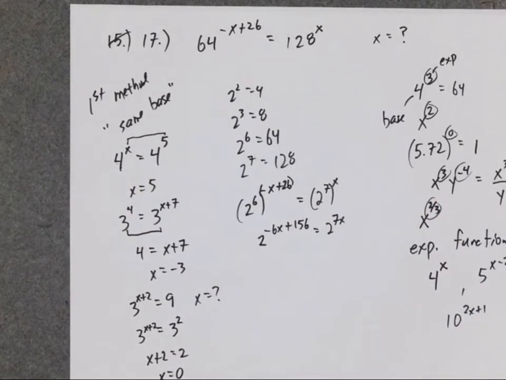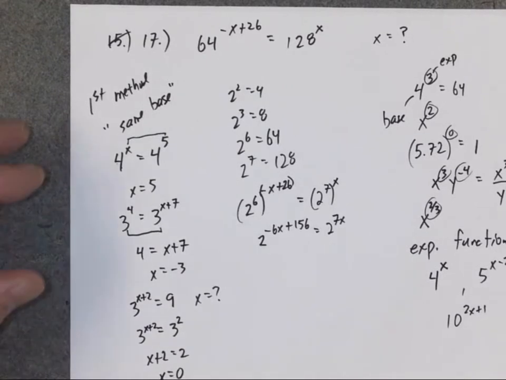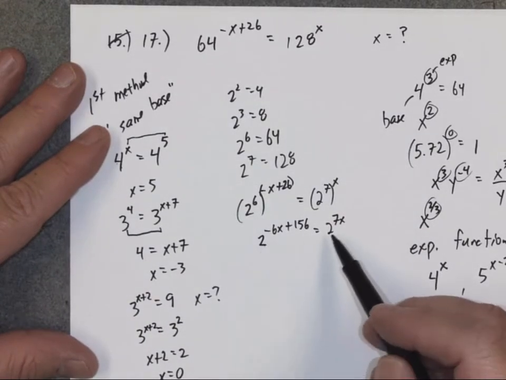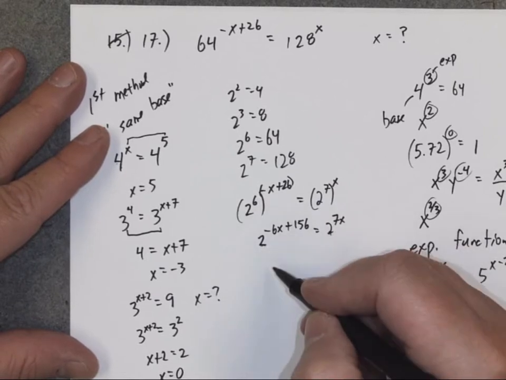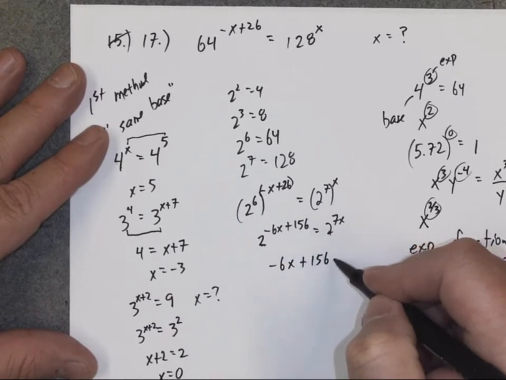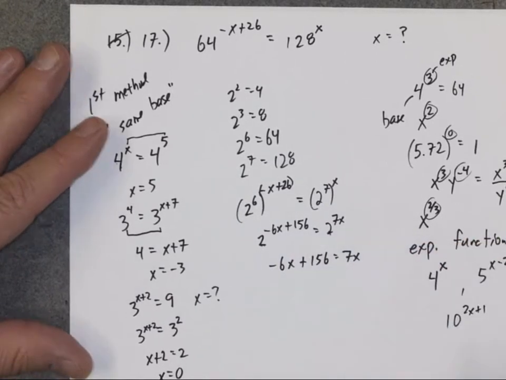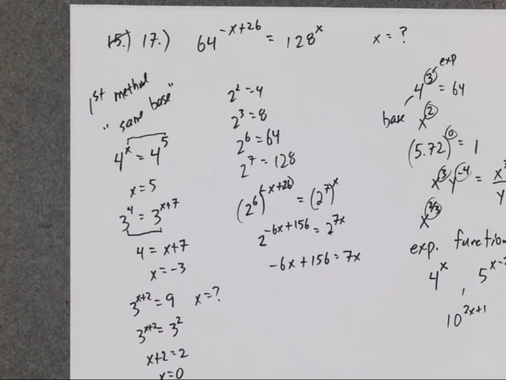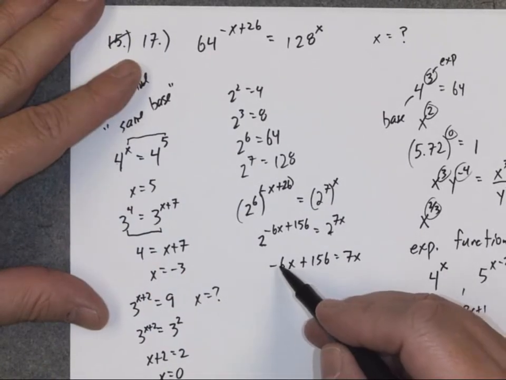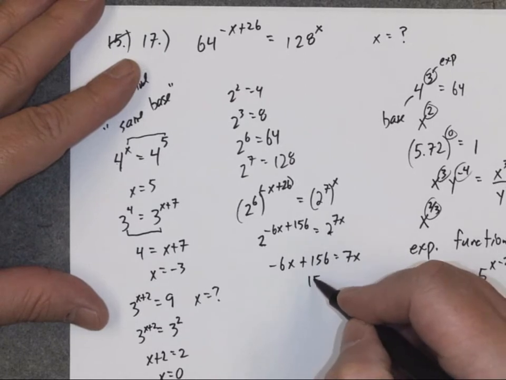So that, I know, seems like a lot of work, but I've now gotten to my goal where I have the same base on both sides. So now I can take the exponents and set them equal to each other. And I can now solve for x. So if I add 6x to both sides,